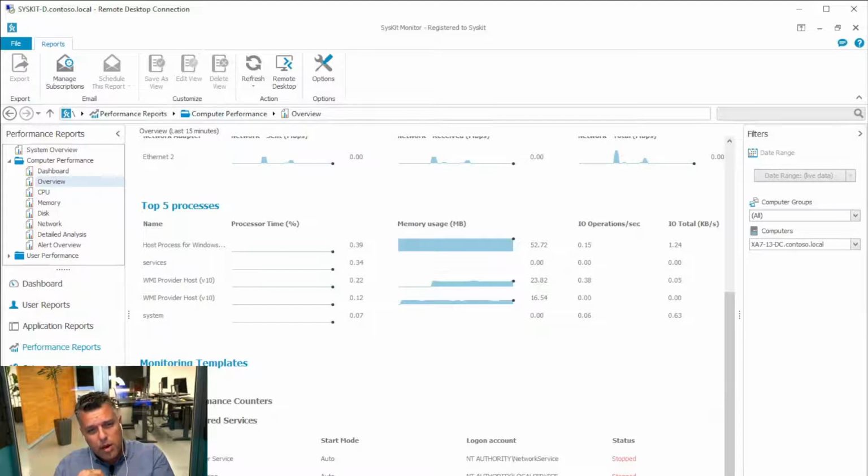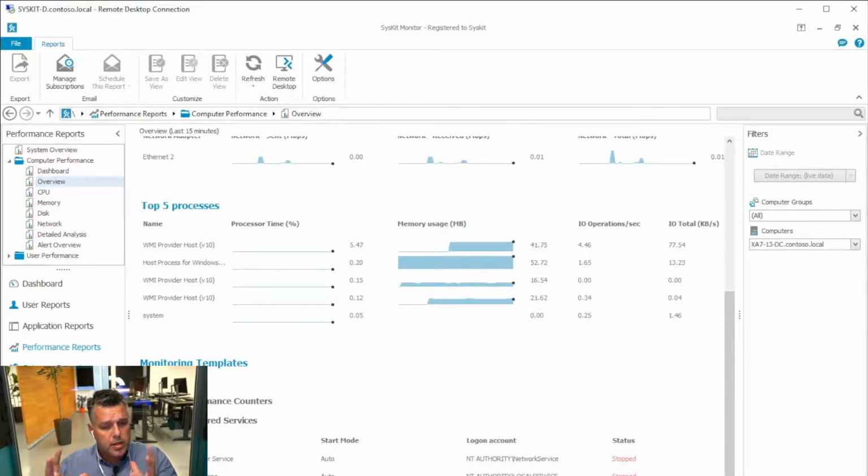This particular farm has only one delivery controller, and this means that our users are not able to connect to our Citrix farm. But most companies have at least two delivery controllers, and then basically if one of the delivery controllers is experiencing some kind of trouble, you want to get information, you want to get events from that server that something is going on. Maybe your users are able to connect to the